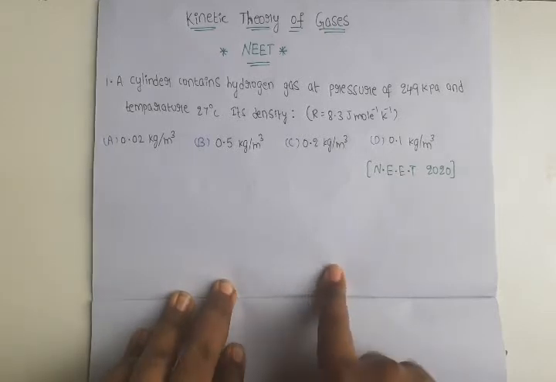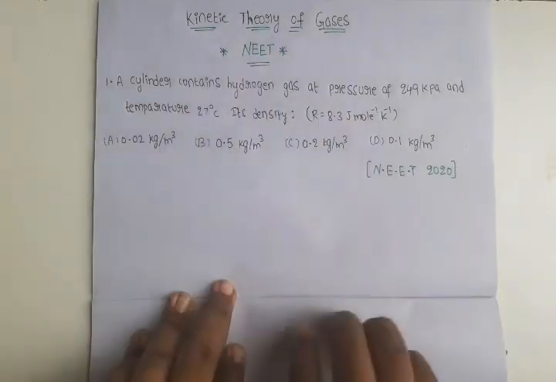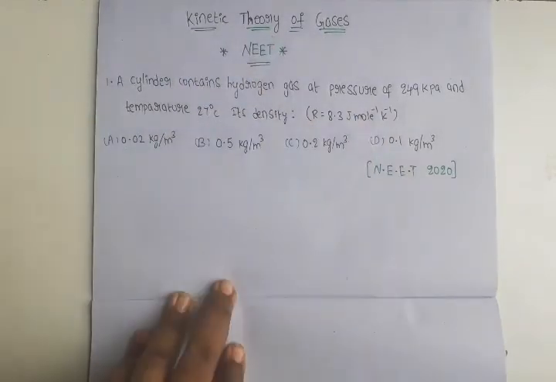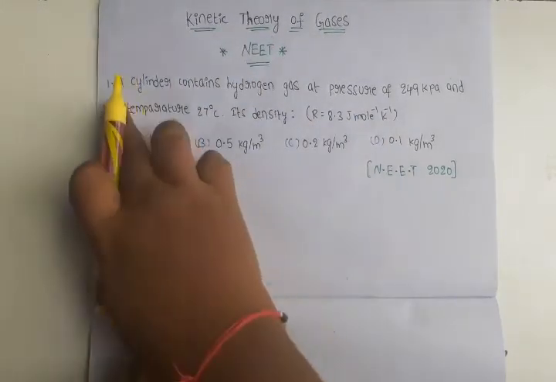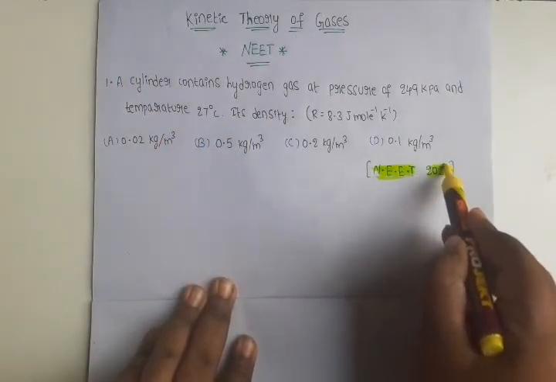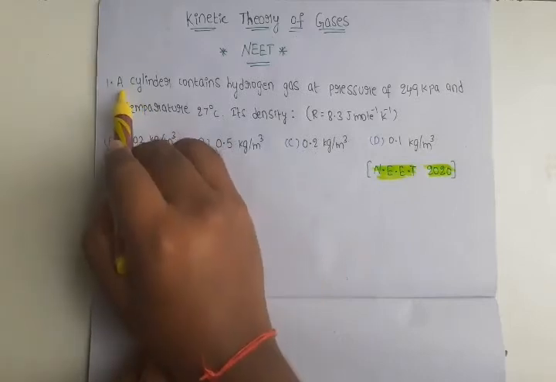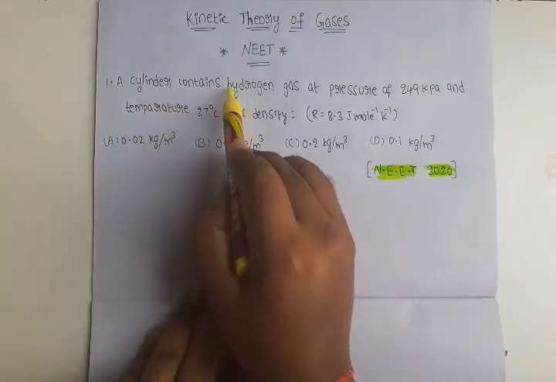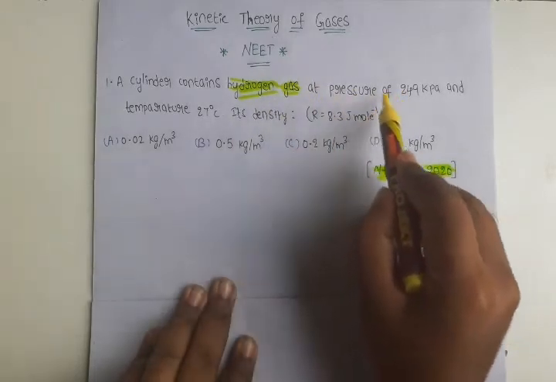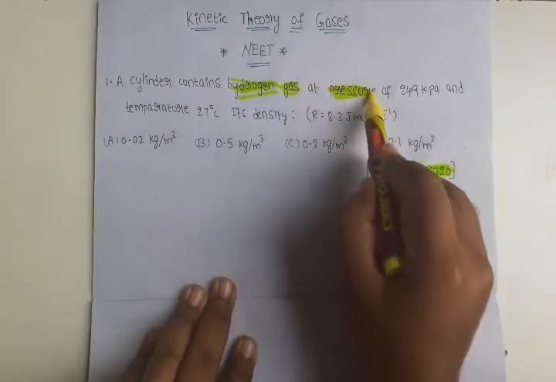Now we are going to discuss NEET previous year questions from the chapter Kinetic Theory of Gases. First question from NEET 2020. A cylinder contains hydrogen gas at pressure of